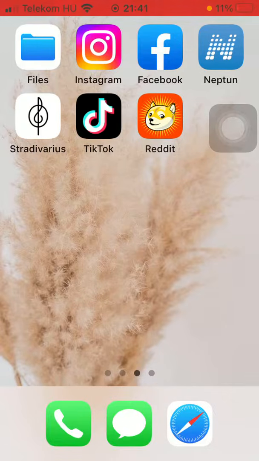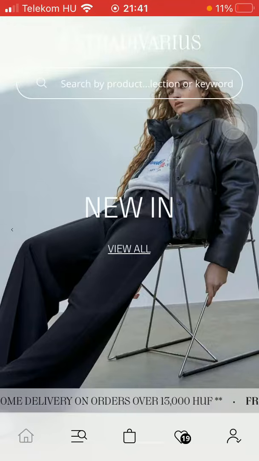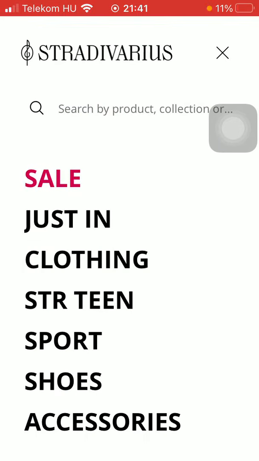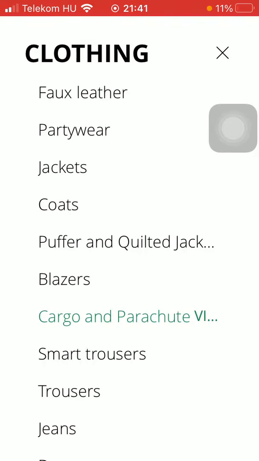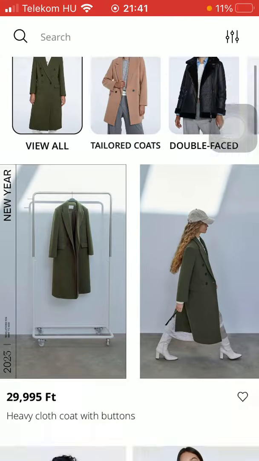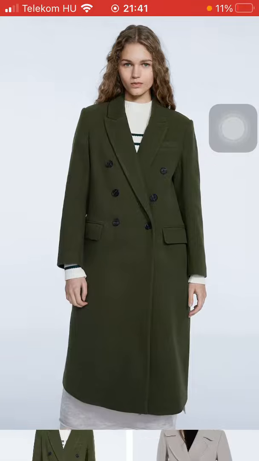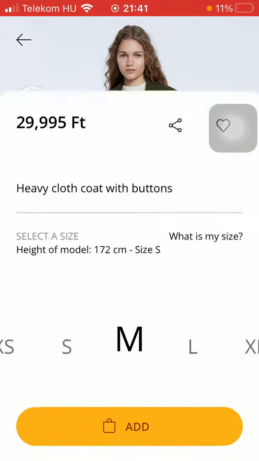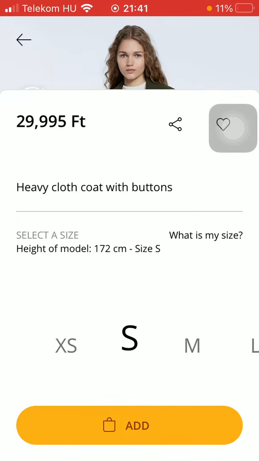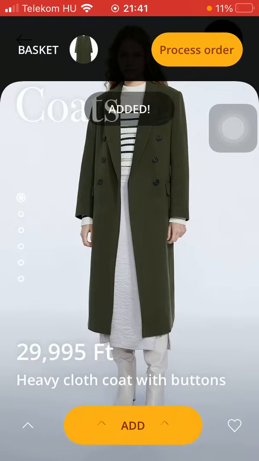First of all, open the app on your phone. Then you should select an item you would like to purchase, so tap on this second item icon down below and select a category, then a particular item that you want to add to your shopping cart, so click on it, tap on the add button down below and then select your size, click on add, tap on process order at the top,